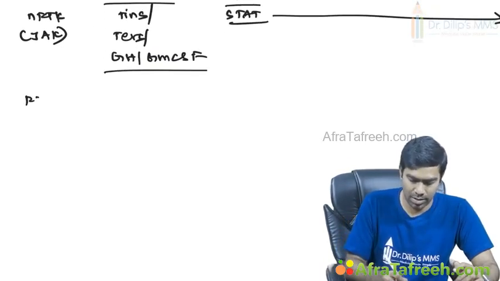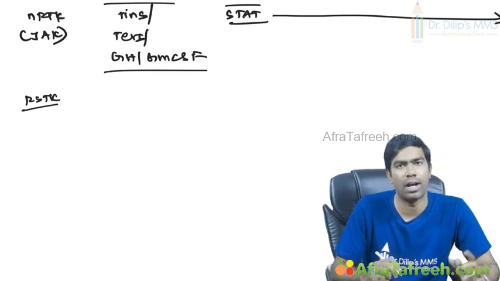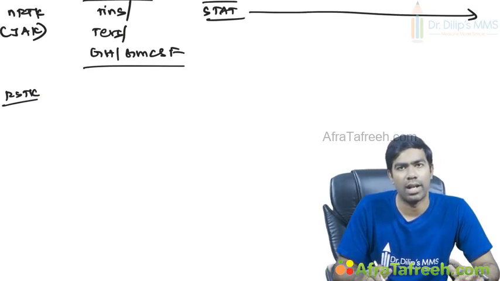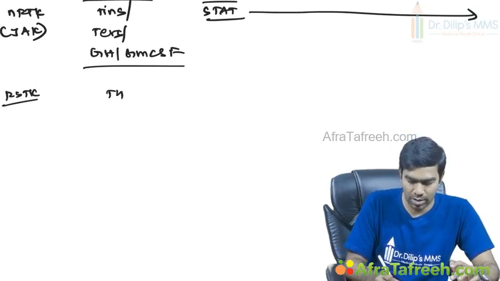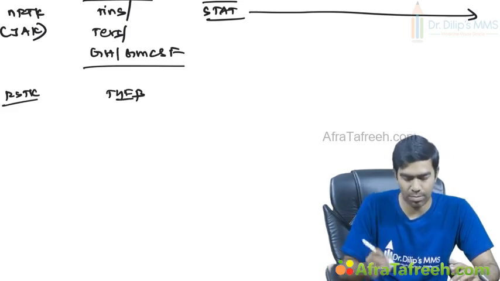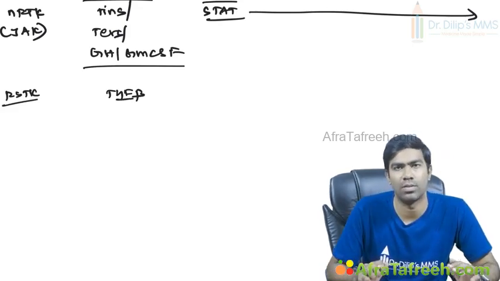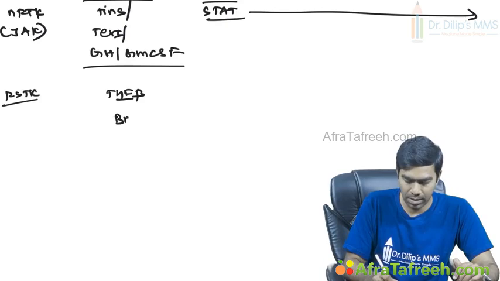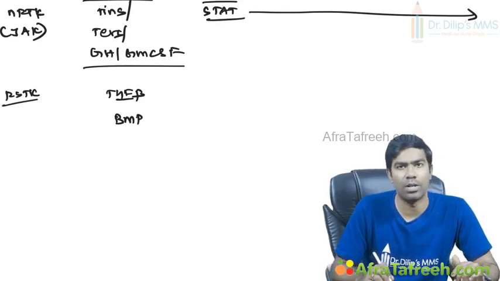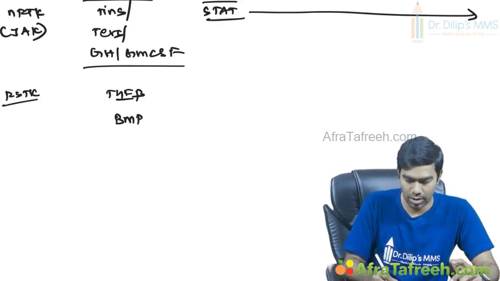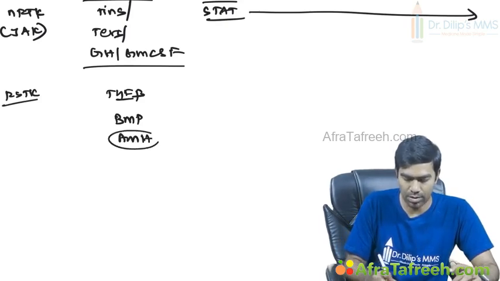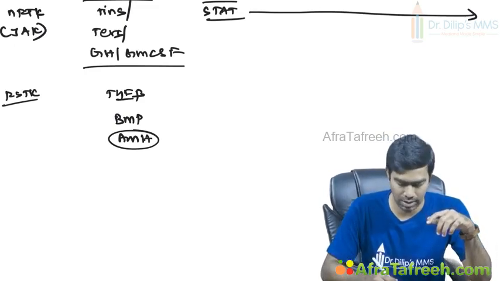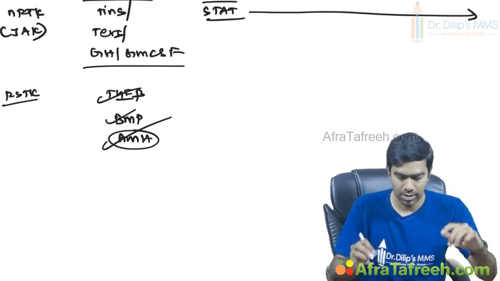Finally, you have receptor serine threonine kinase, that's called a RSTK. In the RSTK, the most important ligand, I told you, is the TGF beta. Very, very important. This is what exam questions will be framed upon. Transforming growth factor beta. Then you have BMP. Bone morphogenic protein is a very important ligand. We know that already. Then anti-Mullerian hormone. This I didn't tell you, but AMH is also going to act through this RSTK pathway only. So these are three things that you have to understand, ligands.